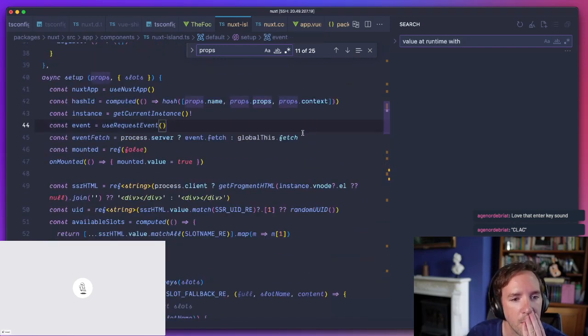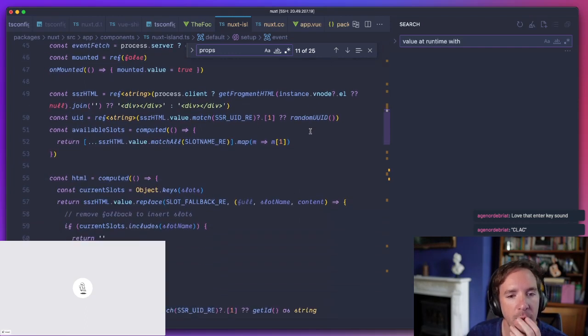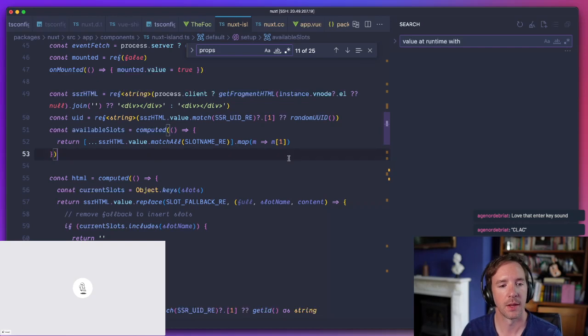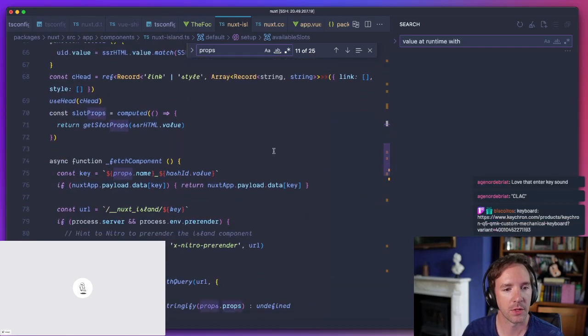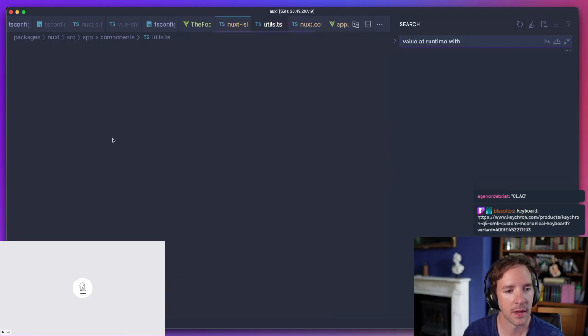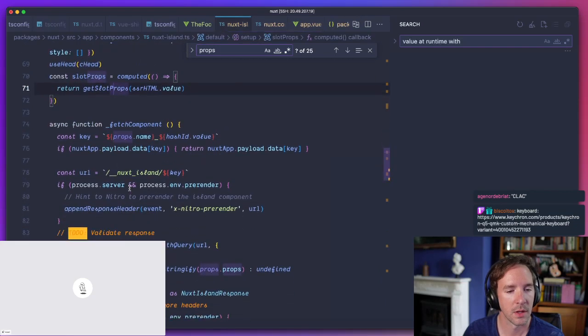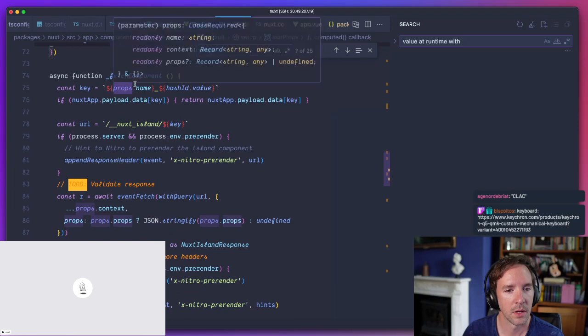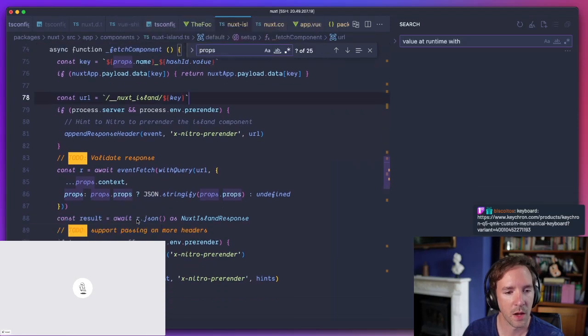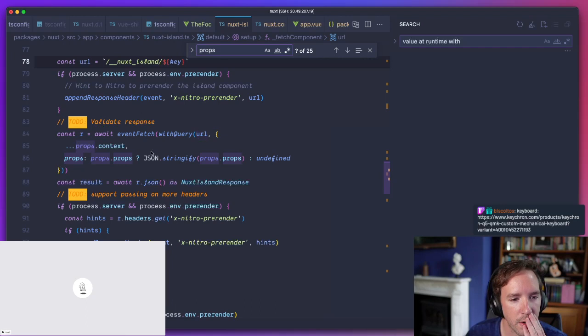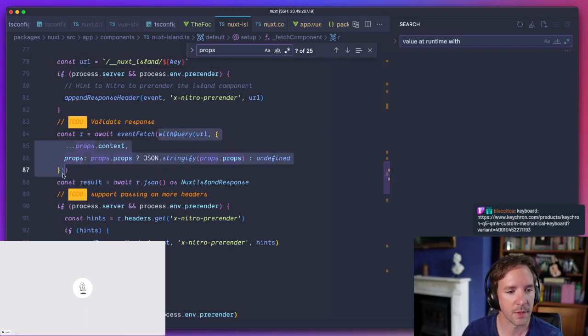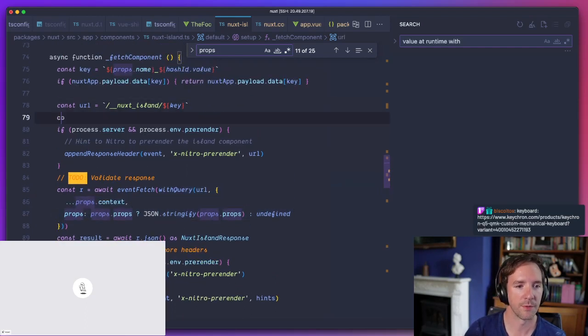So somehow the props are coming across on the client, but not on the server. So I see. Get slot props. So yeah, we should just be, with query. So actually the URL is a little bit different. Okay, so maybe that's not the issue. Let's log what the full URL is.